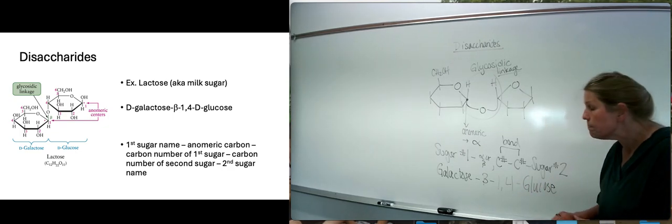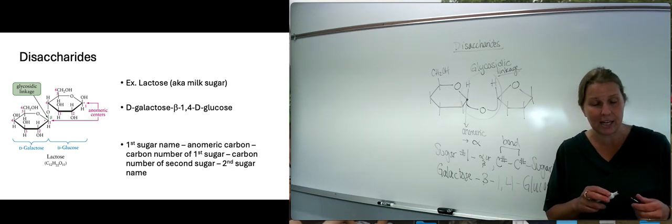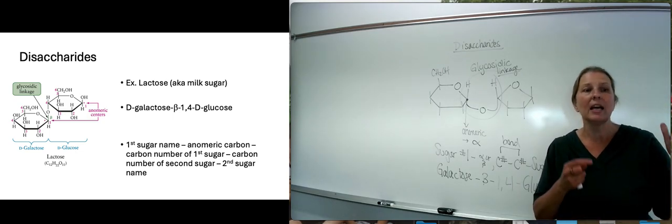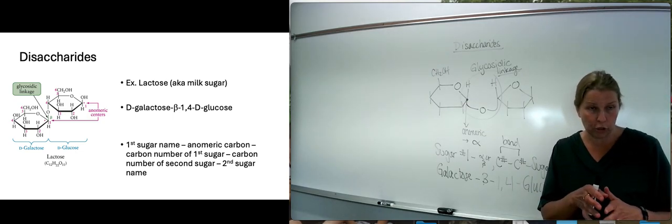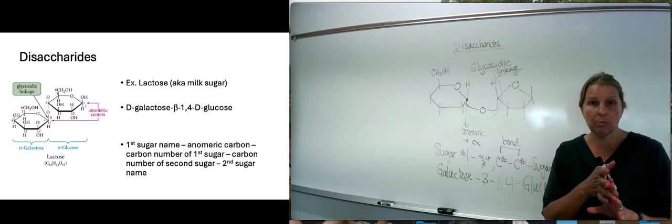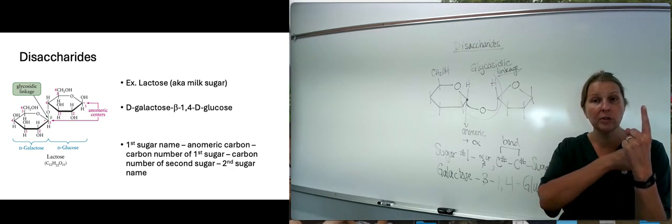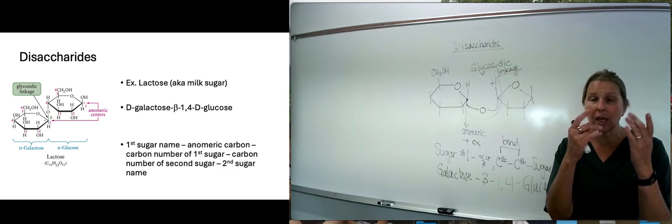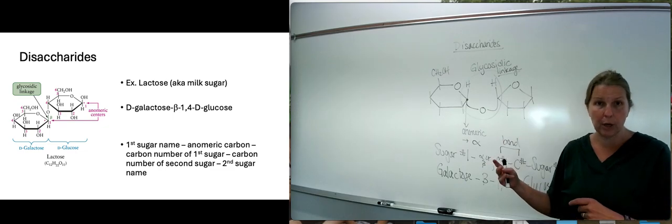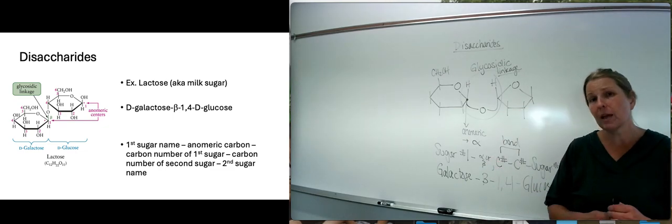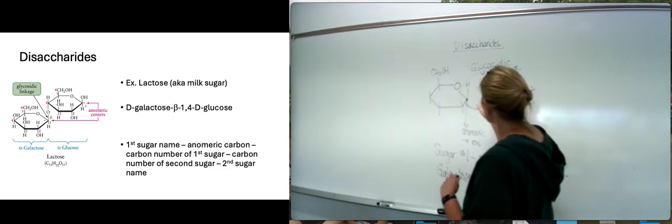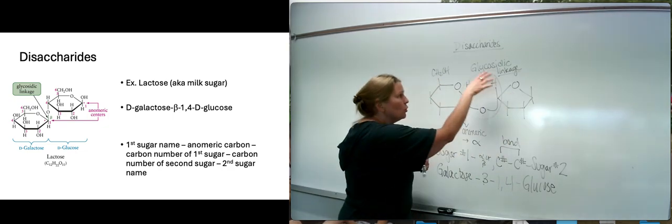So the full name, I'm not including the D's here, but you could do D's as well. D-galactose, so first sugar, beta linkage between carbon 1 from galactose and carbon 4 from glucose, D-glucose. So you should be able to, if you're given the names of the sugars here, you should be able to